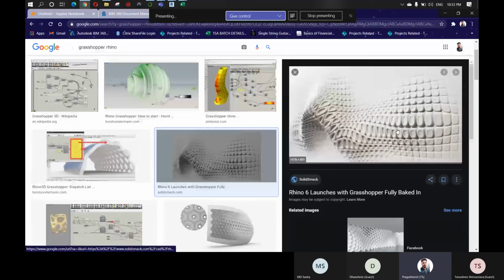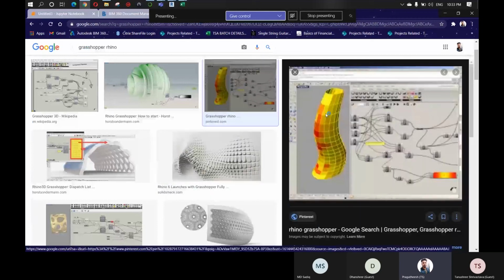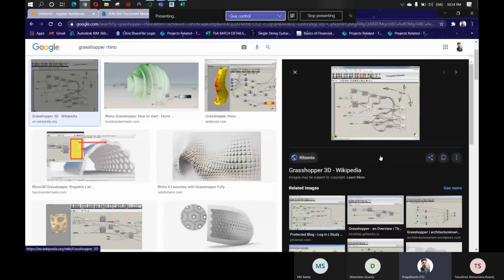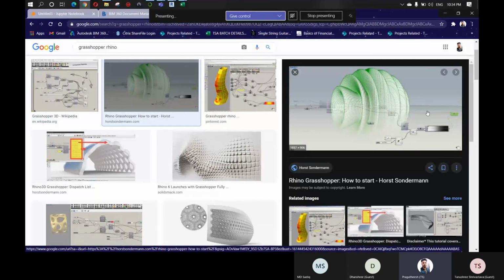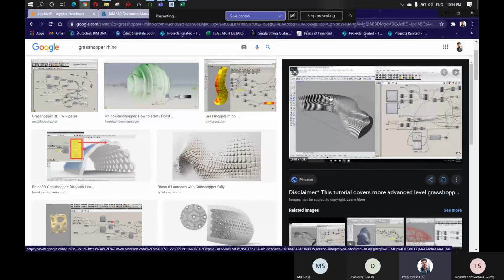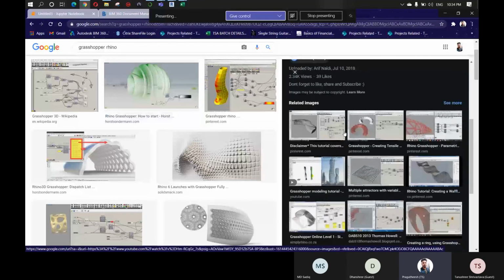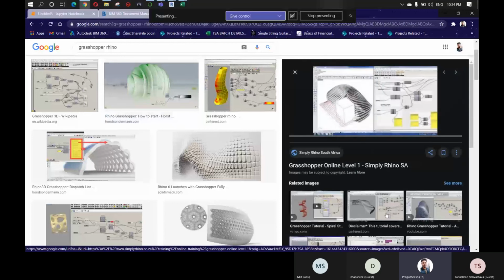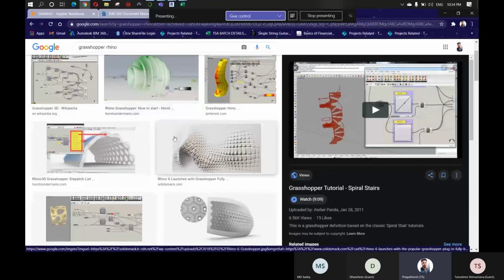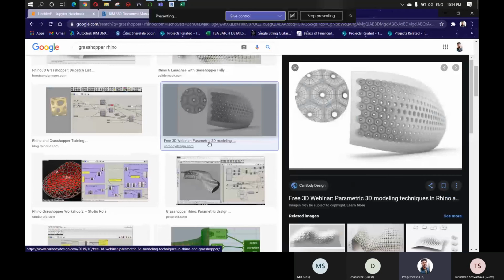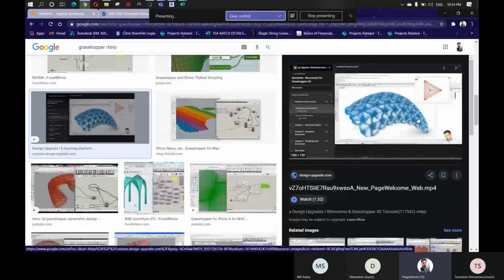So you can see these kinds of facades or these kinds of buildings. All these things can be created with the help of Grasshopper. As you can see, it is somewhat similar to the nodes we see in Dynamo, right? Yes. So these are visual programming, and you can create any kind of structure that you want. And these are parametric. With just a number slider, we can change the shape of all these things. You can see there is a twisted tower like this, and there are lots and lots of things that can be created. And these all will be parametric. You can see this is a facade, etc.